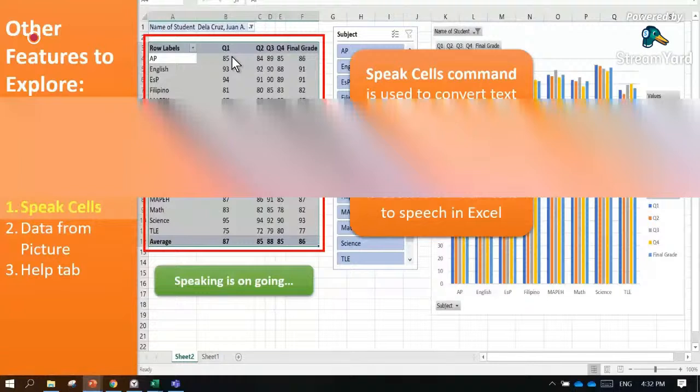Okay, so to demonstrate that, let me just check if I have shared my audio. Okay, there.